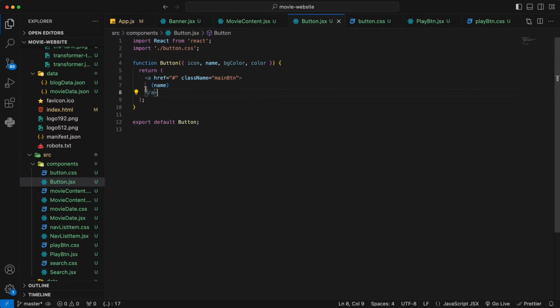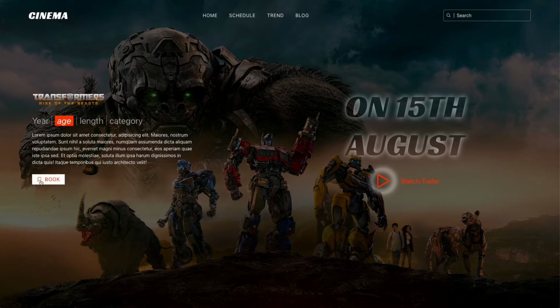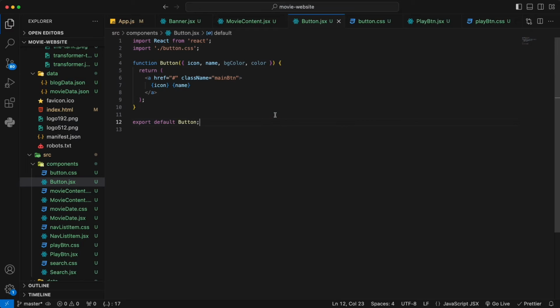And also, we probably want to use the icon, so we put the icon right before it. Sorry, curly braces. And then we go back to the browser, you can see the bookmark is there. So this is how we can handle the button. Not yet perfect, because we want to have the background